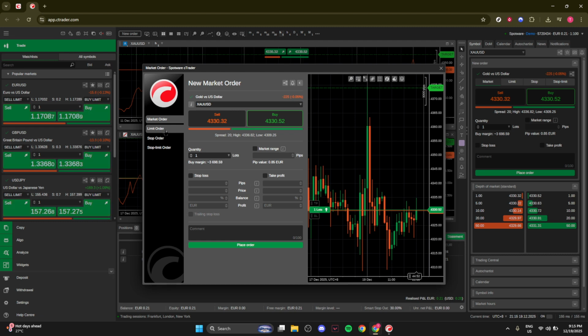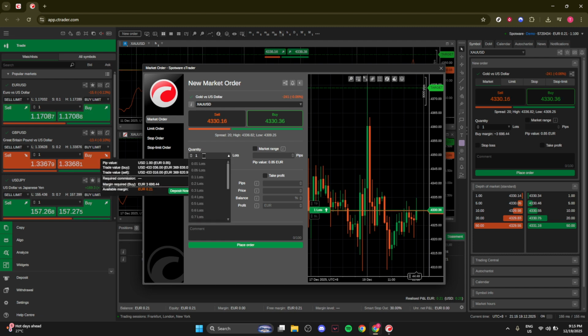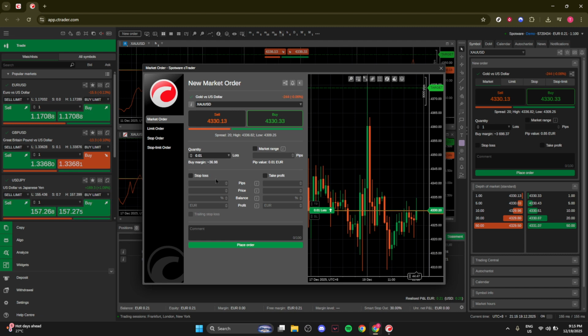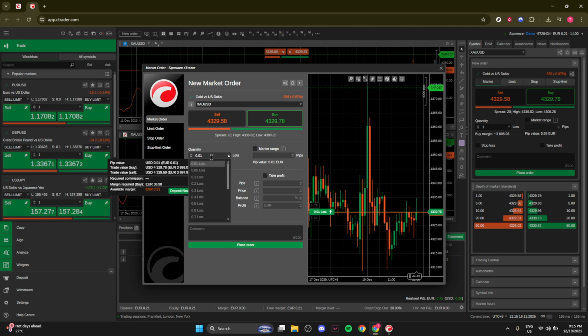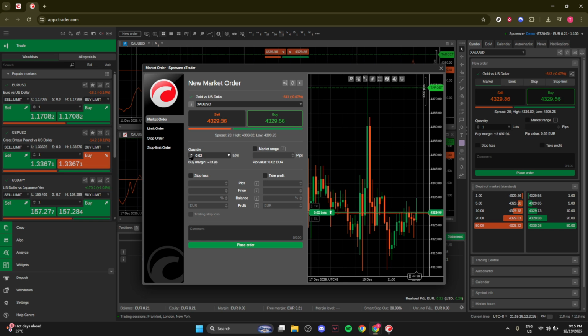Inside the order ticket, locate the volume field. Volume is your position size. Depending on your broker's setup, you might see this displayed as lots, units, or a contract-based size. For example, 1.0 could mean one standard lot, while smaller numbers like 0.10 or 0.01 indicate mini or micro lots. Some symbols have specific minimums and step sizes, so if the number snaps to a certain increment, that's